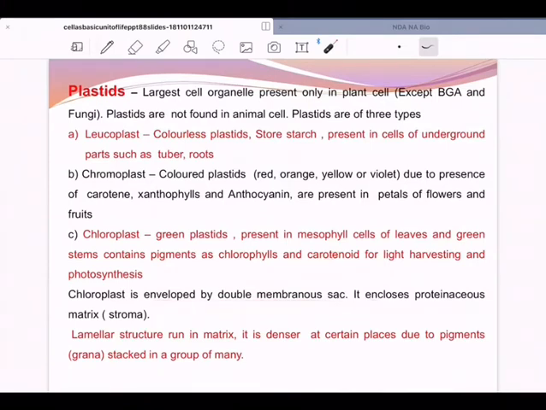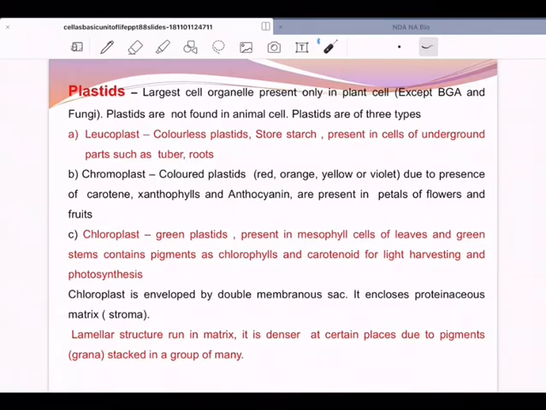Chloroplast is enveloped by a double membranous sac. Two layers will be there. It encloses a liquid which has a lot of proteins, and that liquid in general we call the matrix. The common name is matrix, but in the chloroplast in particular it is called stroma. So stroma is the liquid portion having a lot of proteins within the chloroplast, and within this matrix there will be a lot of finger-like structures. They are called tube-like structures or tubelets,